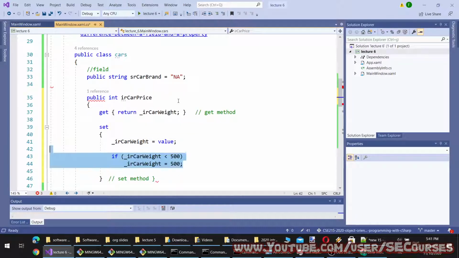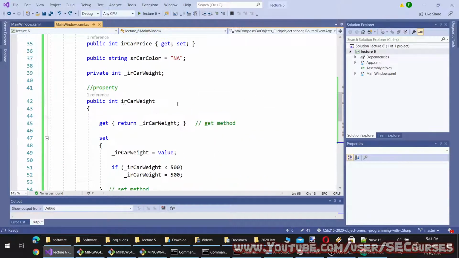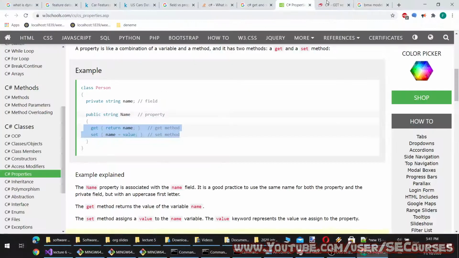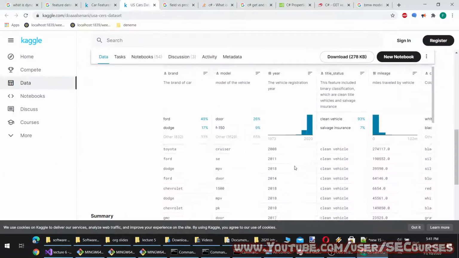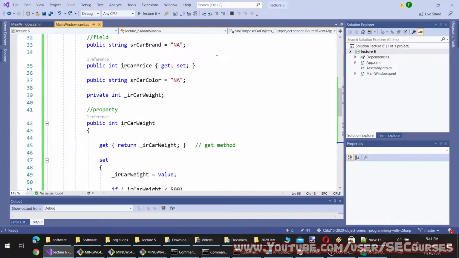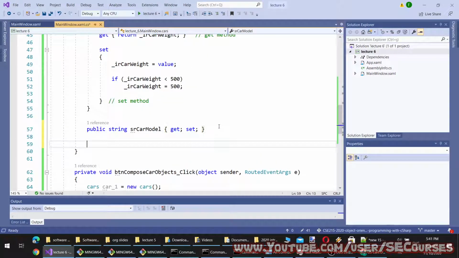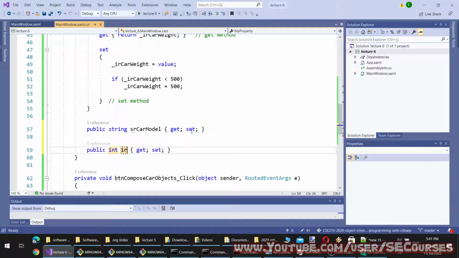Or let's keep the car price and add another property from this dataset. It was somewhere around here. Okay, here. So I'm going to set a year property: prop, double tap, and production year.